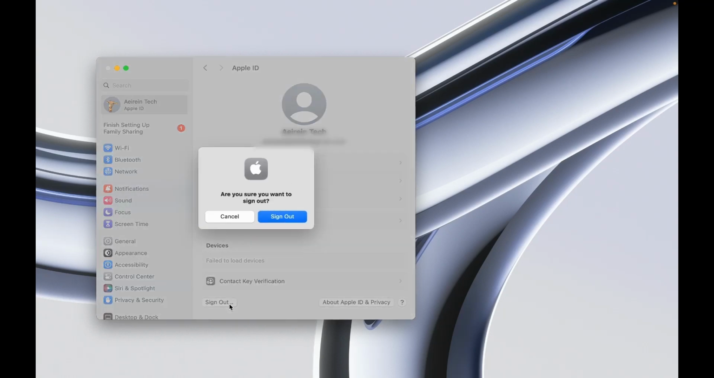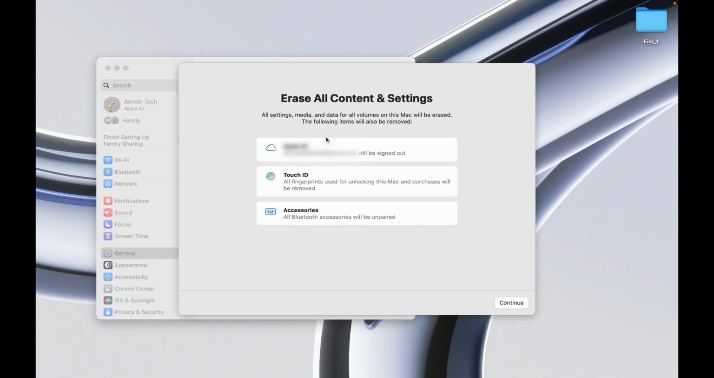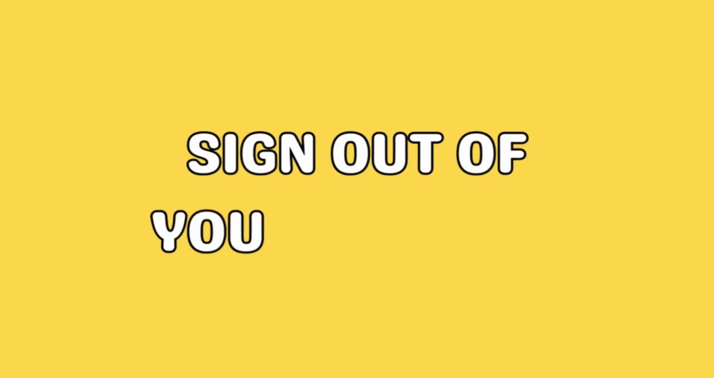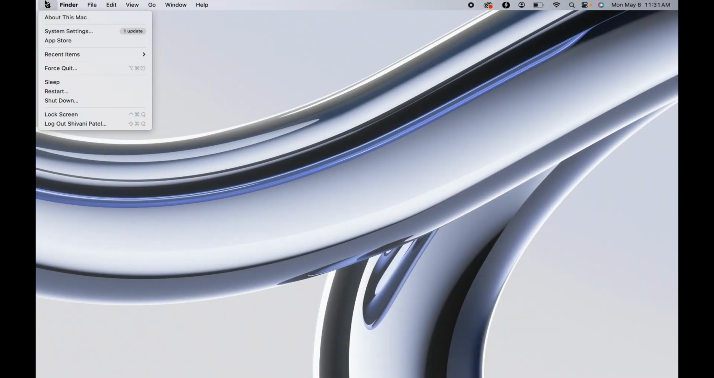If you're a MacBook user, there are times when resetting your device is a must. Whether you're selling it, fixing performance issues, or just starting anew, factory resetting is key. When selling or giving away your MacBook, remember to sign out of your Apple ID to protect your privacy and